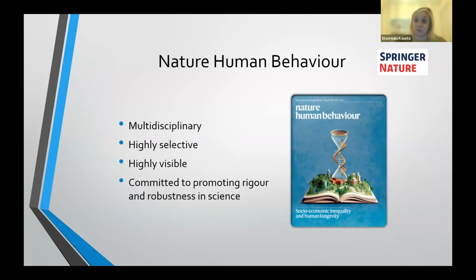We support open science practices, and we select research for publication not based on the results, but on the basis of the importance of the research question and how substantive the evidence is. That's the reason why we publish registered reports, for example. And we have also been publishing replication studies from the outset.